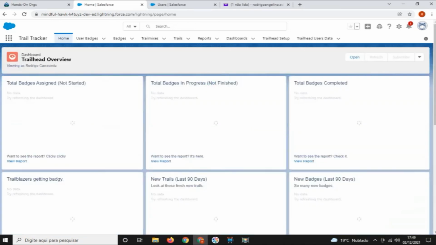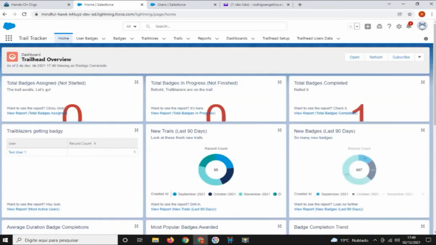Then when I click the return icon and go to home, I have all the useful information which I will use to track information of my users inside my Trail Tracker application. So the test user 1 we have just created has a record count of 1 badge, and if I want to see